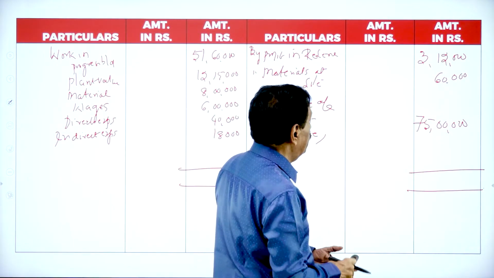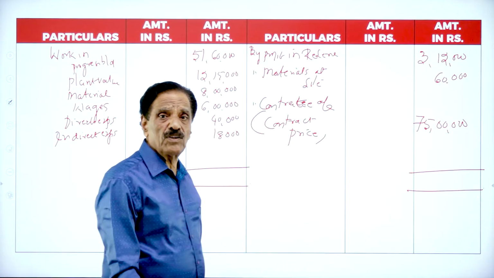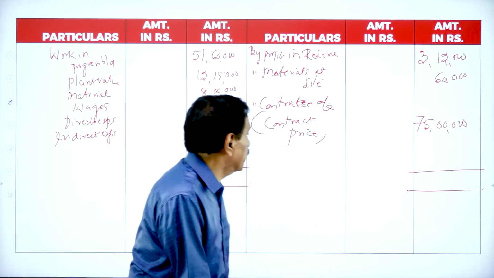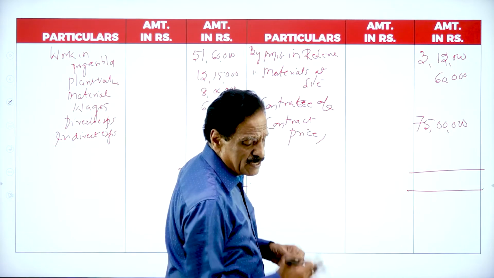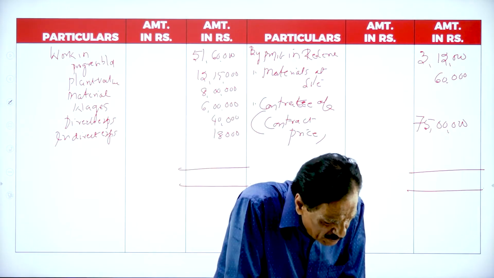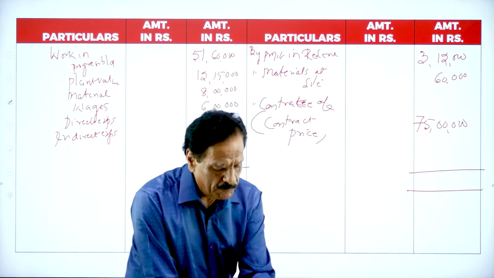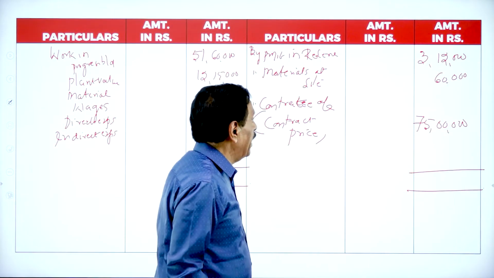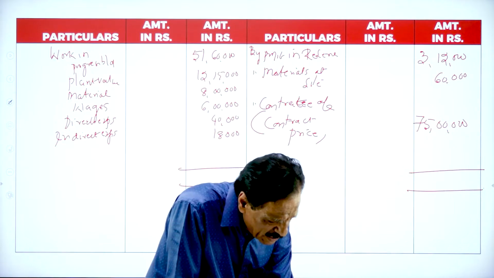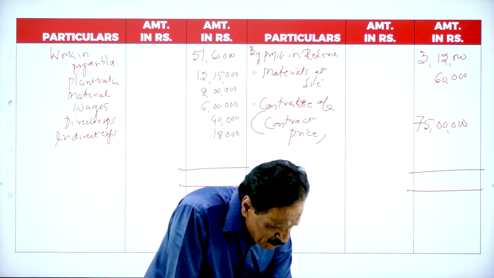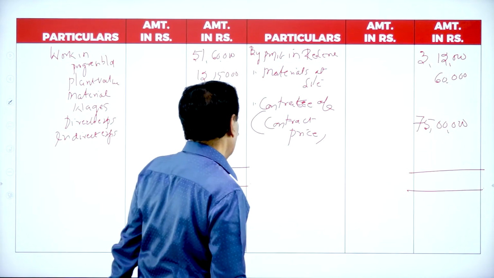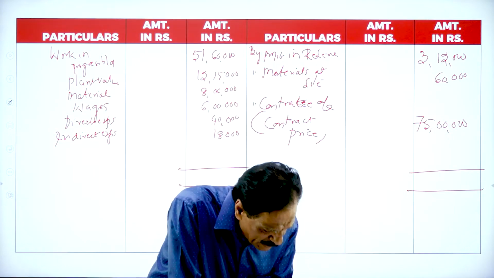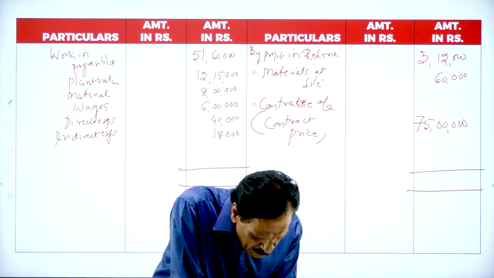This is 75. Add the figure, if you want, you can go through now. One is 75 lakh, 3 lakh 12,000. Add the figure now. This is 75 lakh. So work certified is totally, contract price is 75 lakhs now. We'll go through that particular problem now. Totally 75 lakh is there. Add the figure. 75. This is 3,12,000 by profit in reserve, by plant. Your contract price is rupees 75 lakhs. So we'll come back to here.